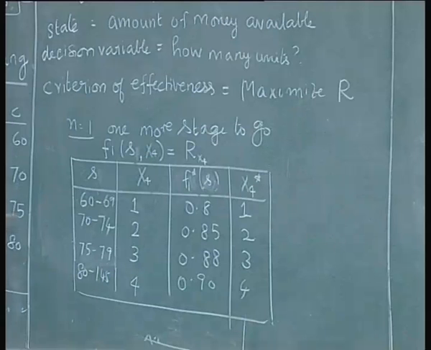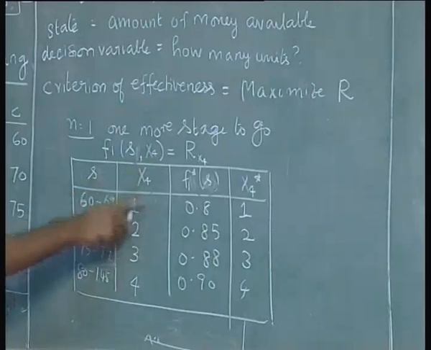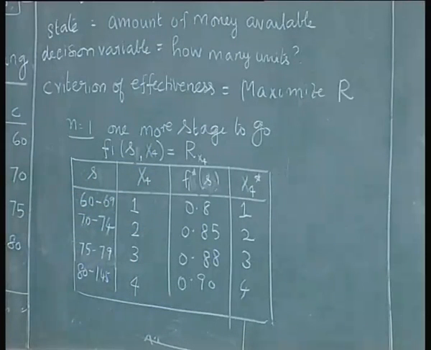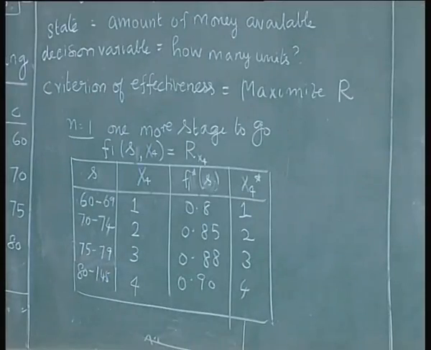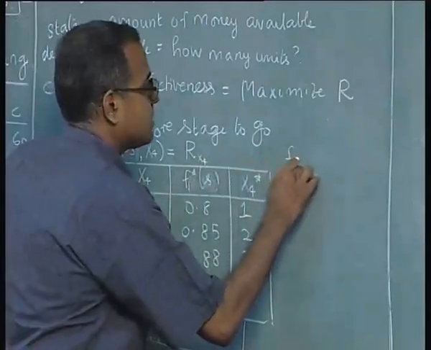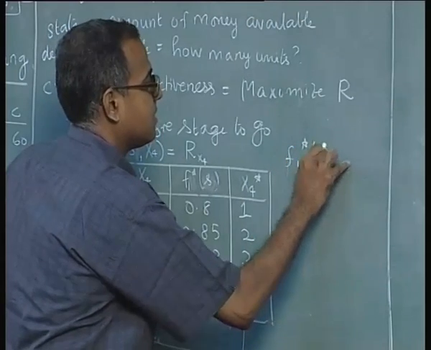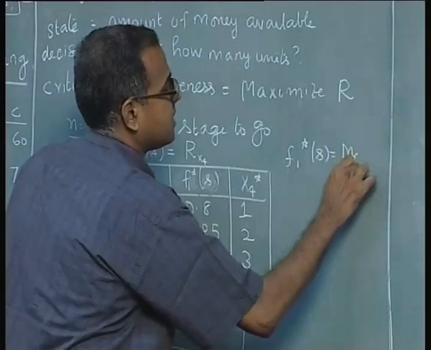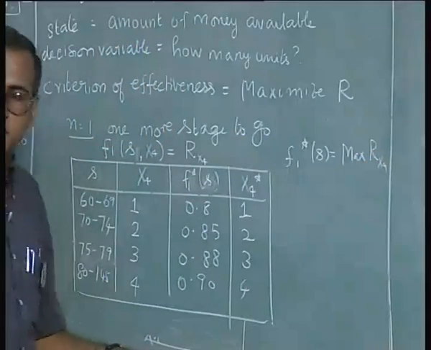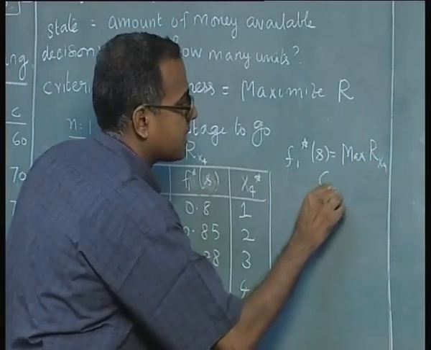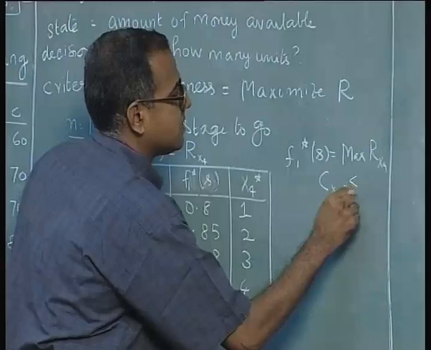For example, if I have 70 to 74, I can buy a maximum of 2, so I go back and see that my reliability is 0.85. Now what is the best value given? So f1 star of s will be maximize R of x4 subject to the condition C of x4 should be less than or equal to